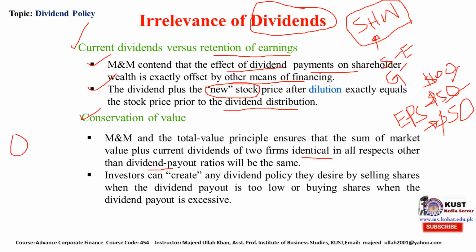He says let's suppose there are two firms, not drawn to scale, A and B. Let's suppose A has $1,000 value, and B has $1,000 value. Everything is the same. They operate in the same industry, have the same size, and the same shareholding pattern, but firm B, let's suppose, issues a dividend of $100.